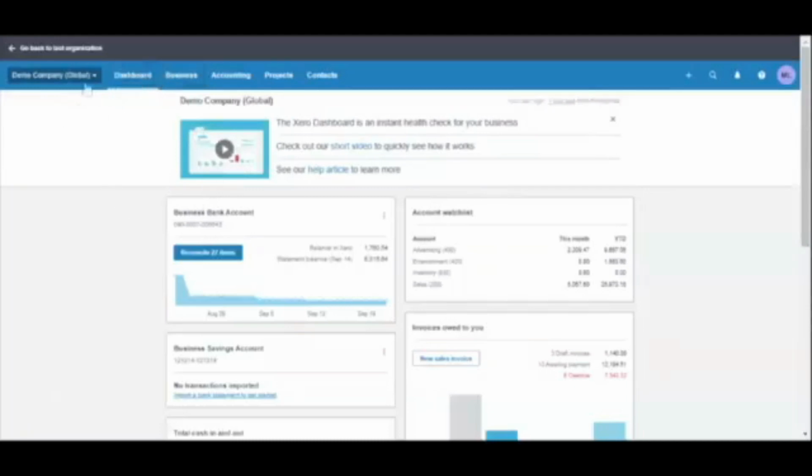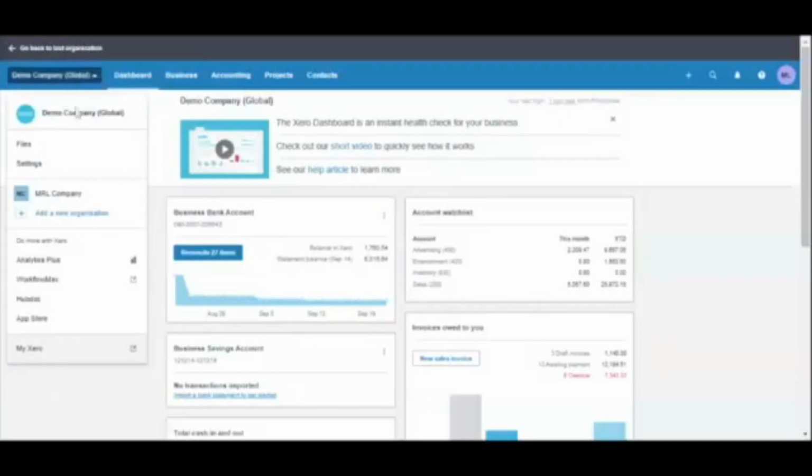So this is the dashboard of Xero. On the left side, you can see the company that you're handling. And then if you click that one, you can see here the files, settings, and all. So for this session, I will discuss three parts of Xero features only. The first part is the dashboard and the most used features of the Xero application. Then the second part is how to create an invoice. And the last thing is how to journal entry every transaction that you have. So let's start